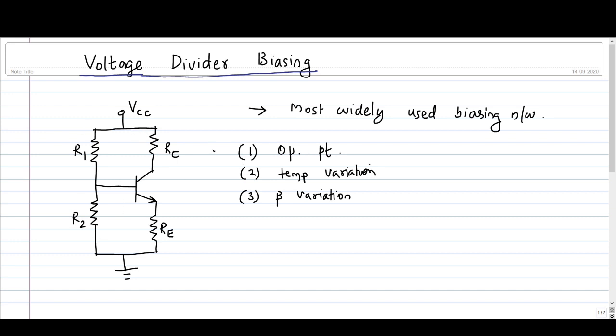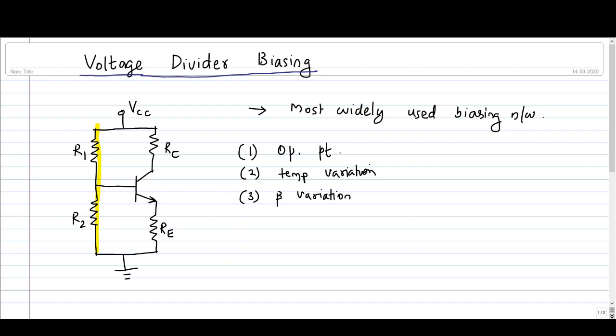If you remember the circuit diagram of emitter bias configuration, you can see that the only difference is a single resistance RB is now replaced by a potential divider consisting of two resistors R1 and R2. In emitter bias, we had a single resistance RB connected to the base. So here it is replaced by a potential divider consisting of R1 and R2. That is why the name voltage divider biasing or potential divider biasing.